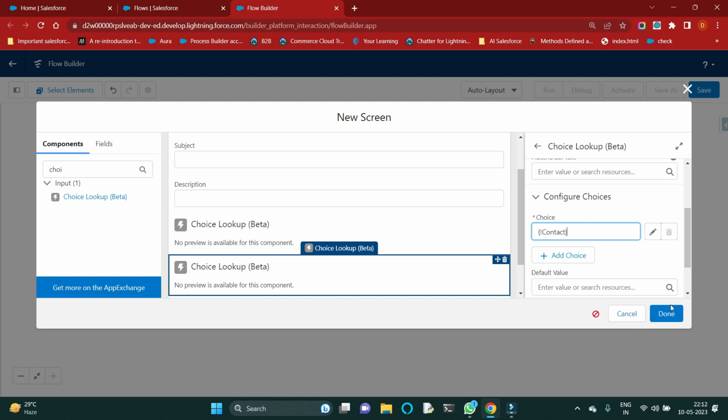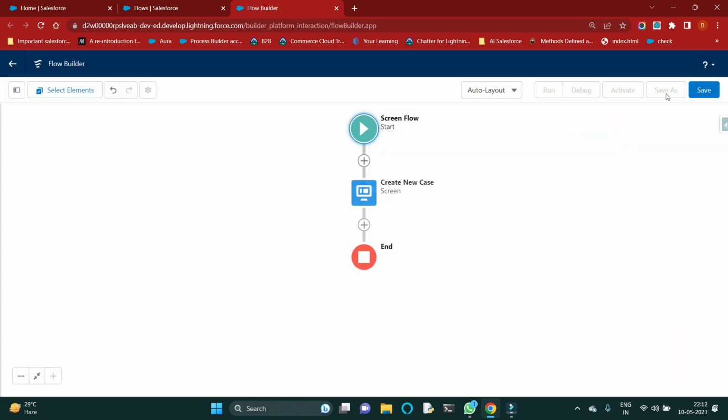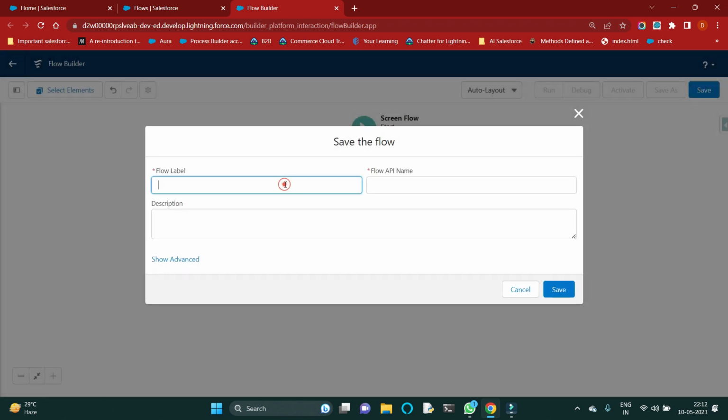field. Okay, so just click on this done button now and save your flow first. Let's say I'm giving the name as flow for utility bar. Okay,